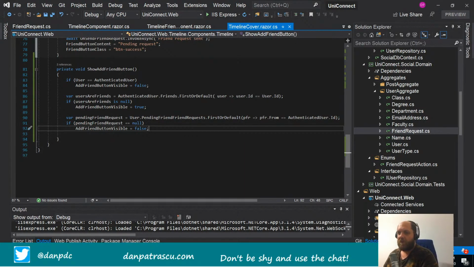So first we check if this add friend button is visible. So we check if I'm basically viewing my own profile, and if I'm viewing my own profile, then this button shouldn't be visible. Then I'm checking, for instance, if the authenticated user has a friendship relationship with the user whose profile I'm currently viewing. And in this case, this is true. But maybe we can try to somehow concatenate all these conditions in only one if statement, because otherwise there might be some scenarios where